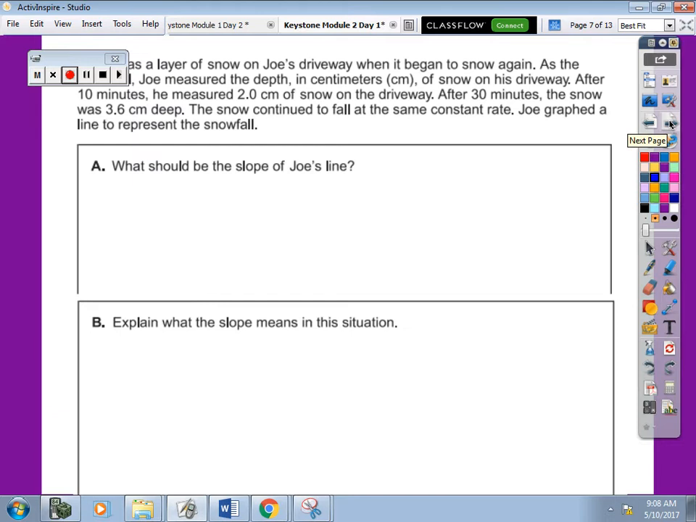All right, I threw an open-ended question on here because those are worth a significant amount of points on the Keystone. I want to make sure we're practicing. And this is a Module 2-1. So there was a layer of snow on Joe's driveway when it began to snow again. As the snow fell, Joe measured the depth in centimeters of snow on his driveway. After 10 minutes, it was 2.0 centimeters. After 30 minutes, the snow was 3.6 centimeters deep. The snow continued to fall at a same constant rate, and Joe graphed a line to represent the snowfall,